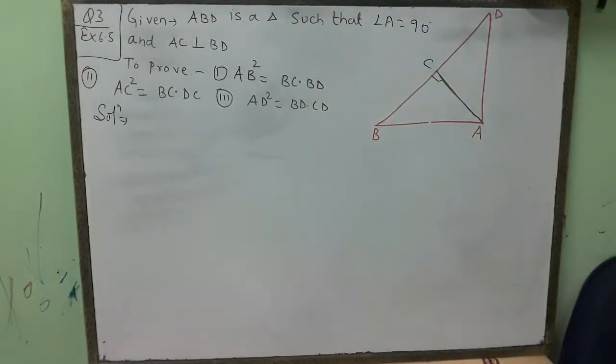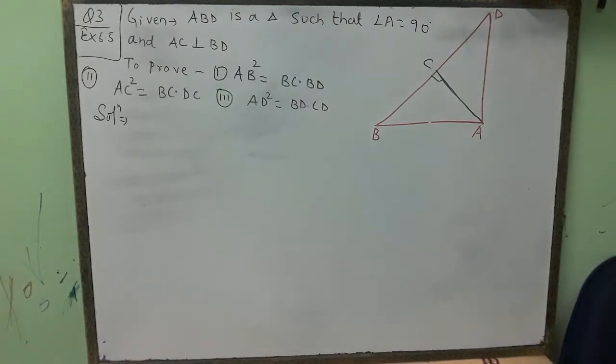Now see student, this is question number 3. I am starting from question number 3 because question 1 is very easy. You only have to judge whether it is a right angle triangle or not, using the Pythagoras theorem: hypotenuse square is equal to perpendicular square plus base square, and it will be easy. Question number 2 is something similar to question number 3. That's why I chose question number 3. If you understand question number 3, you can easily solve question number 2. Let's see what question number 3 is.